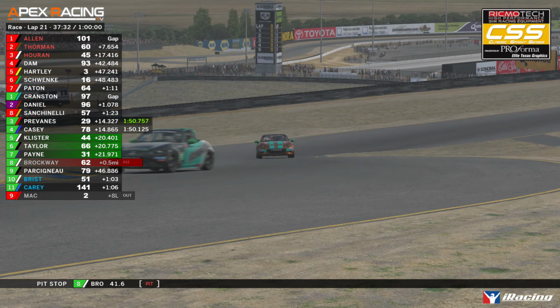Leaving just 3 cars yet to pit. It looks like Steve Daniel now gets a run through 6, going to try and push Jeff Cranston to the inside going into 7. Cranston has position, but can he outbrake him and hold that line around 7? So tough to pass around here. And Daniel's going to try the over-under. He's not quite close enough to do it, but I think all that was precipitated on